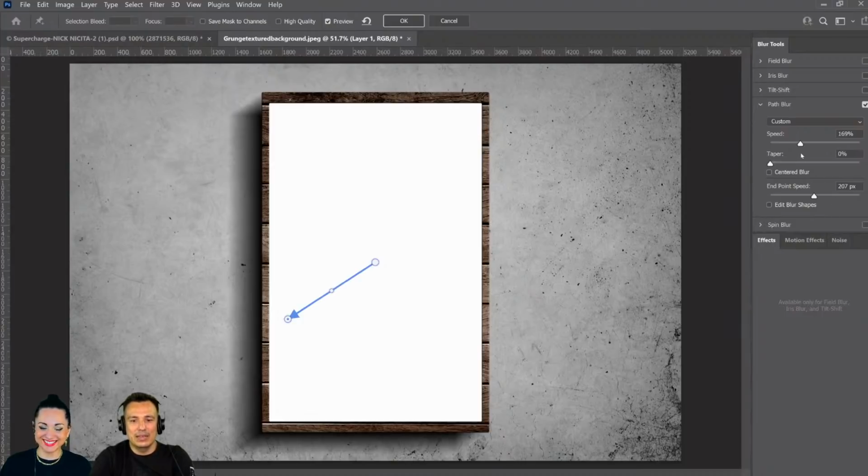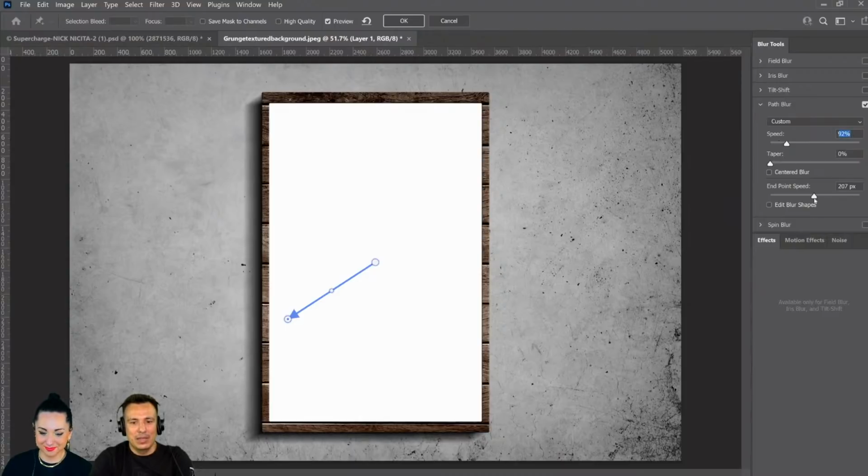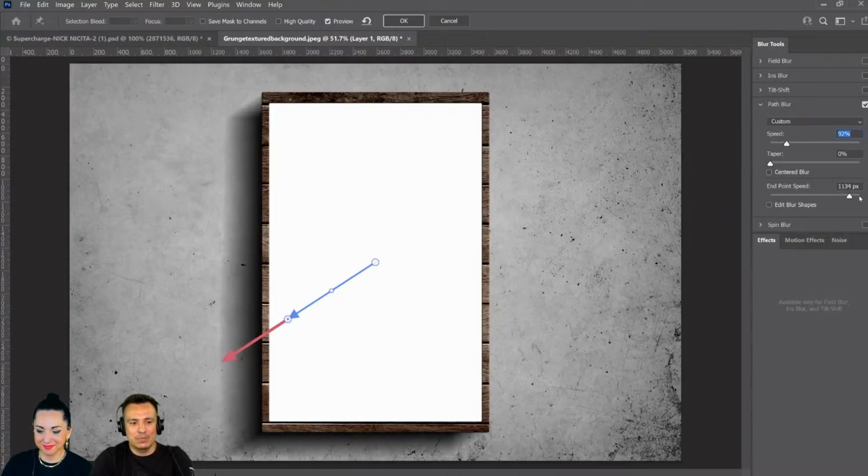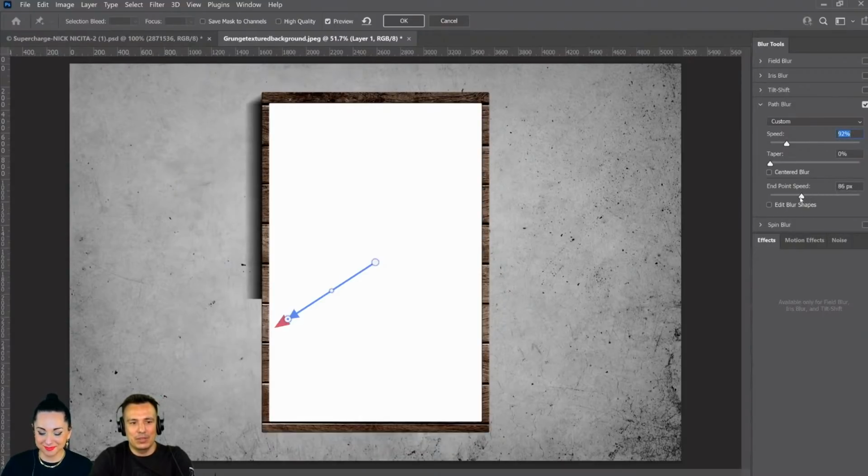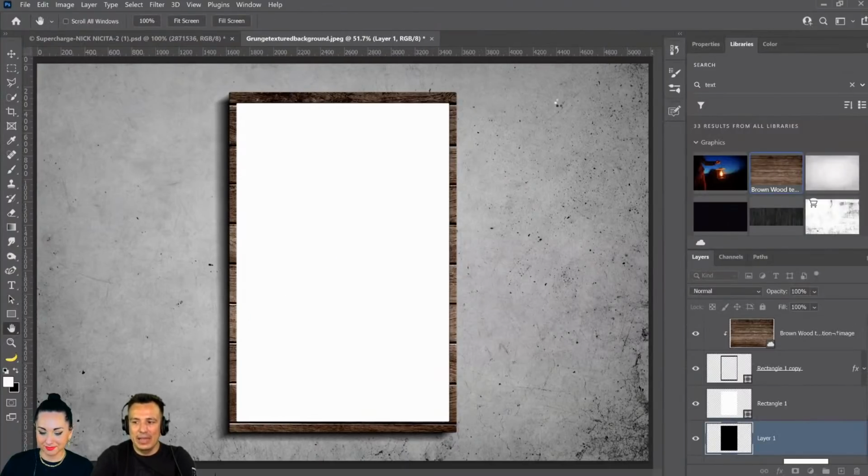So then you can adjust your shadow any way that you want. And the endpoint speed, totally up to you how you want to adjust this shadow. So what I'll do in this case is maybe something like this, and then press OK. And you can just do this again.